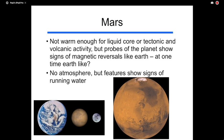Okay, it is not warm enough to have a liquid core. And we do not see any tectonic activity or volcanic activity, but there are places on the surface of Mars that have magnetic reversals just like we see on Earth. So at one time, there must have been a liquid core. There must have been a magnetic field in which the rocks could align when solidifying from liquid, aligned with the magnetic field, and the magnetic field changed over time. The other things,